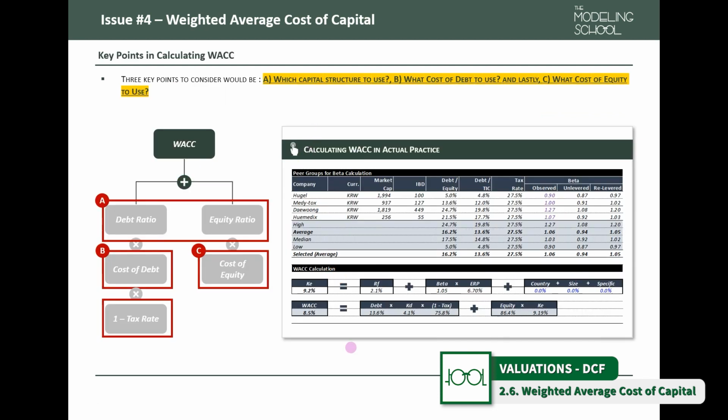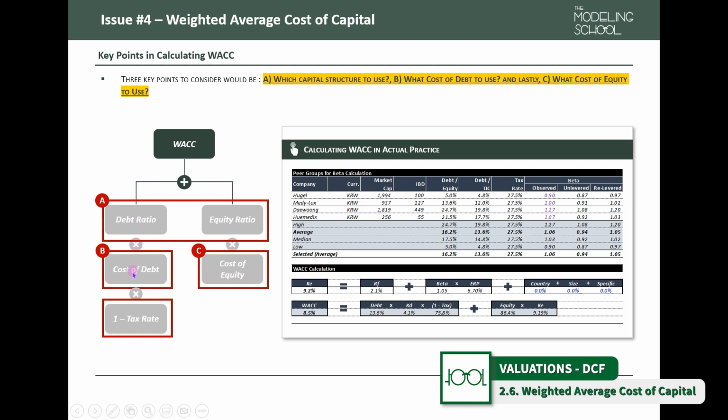And digging a little bit deeper on weighted average cost of capital, we would now focus on these 3 points. Number 1, the capital structure. So which capital structure to use, how to calculate capital structure, and the impacts it has on weighted average cost of capital. Number 2, cost of debt. What cost of debt to use and how to calculate it in actual practice would be our number 2 focus. And lastly, and most importantly, the cost of equity, which is the most difficult to calculate and the most difficult to understand